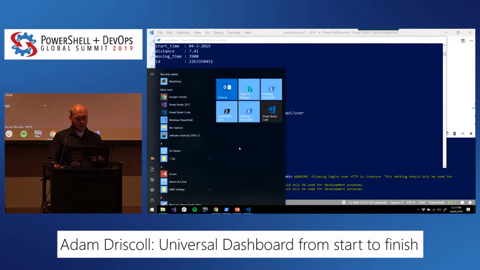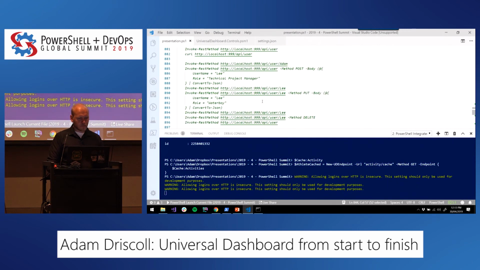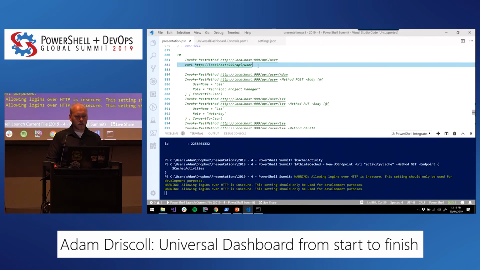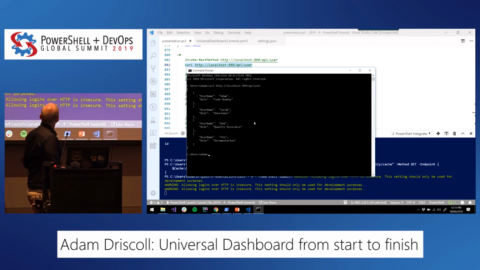But what's neat is if I open up CMD, and, oh, you know what? I hope this is installed here. I don't know if it's actually on this laptop. Oh, it is. OK. So now I actually executed curl. That's just curl.exe, and it's going to that particular URL and then returning the JSON that's actually returned from it. So you could integrate with whatever system you really wanted to because it's just talking HTTP and calling your